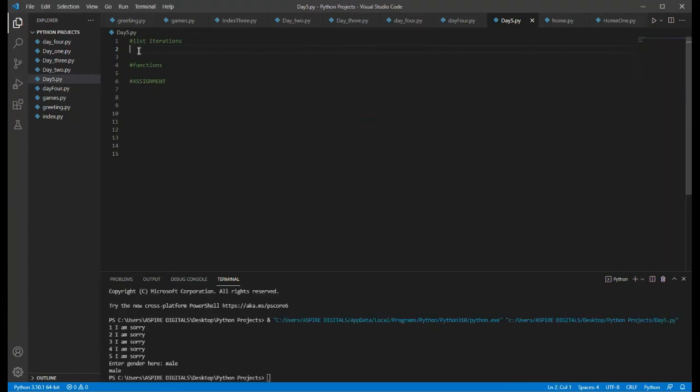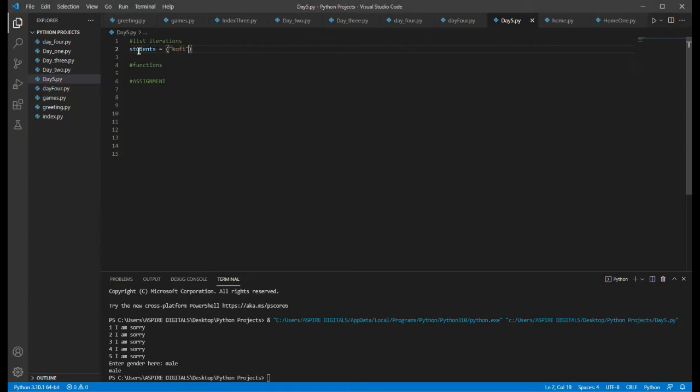So list iterations. Now there's more to list. So imagine that we have created our list and then we have forgotten that there was one person that we did not add. We cannot go back to our list and make the changes, but there are ways that we can actually write another code which will automatically add the person who we could not add to the list. So imagine we have students equals, then we create their list for them. So students equals